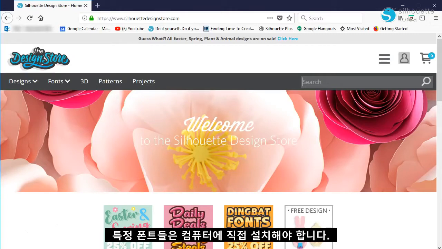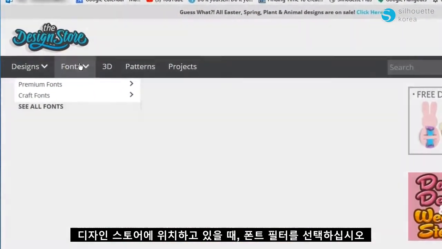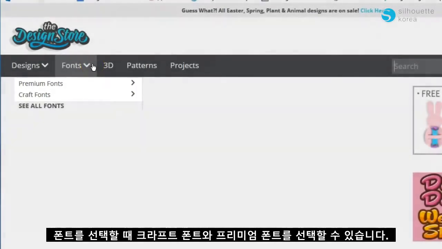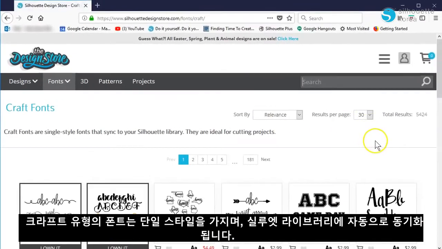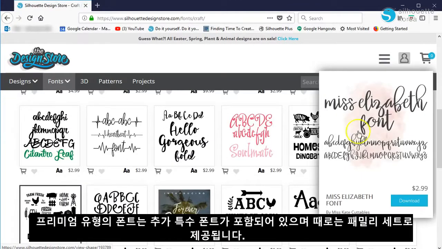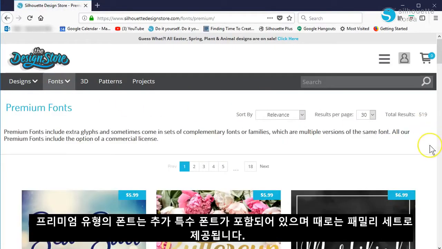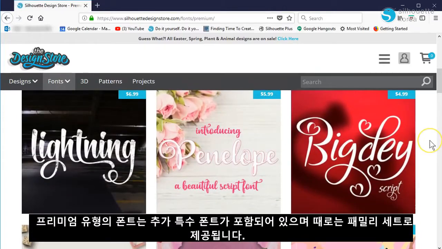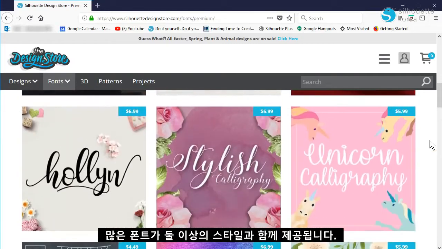installation on your computer. When you're in the Design Store, click on the Fonts filter and you'll see a choice of craft fonts and premium fonts. When choosing craft fonts, these types of fonts have a single style and should sync automatically to your Silhouette library. When choosing premium fonts, these types of fonts include extra glyphs and sometimes come in sets of complementary fonts or families. The premium fonts generally come with a lot more characters, and many come with more than one style of